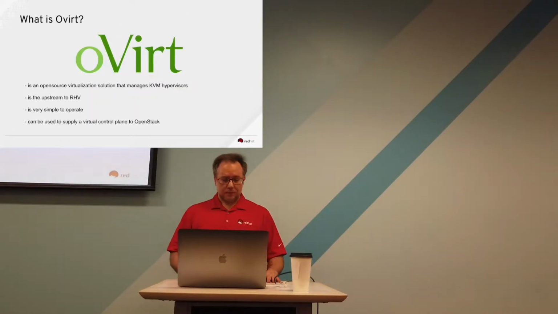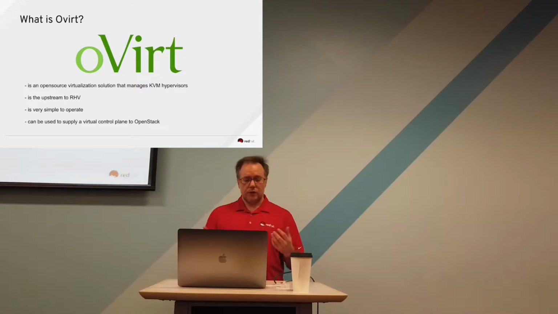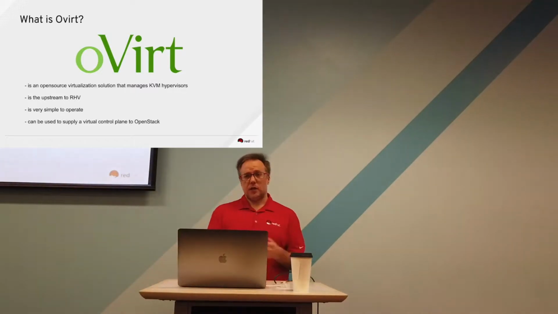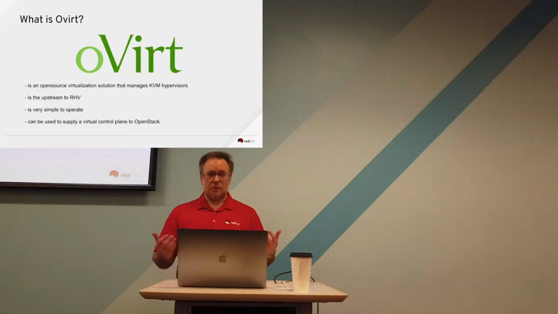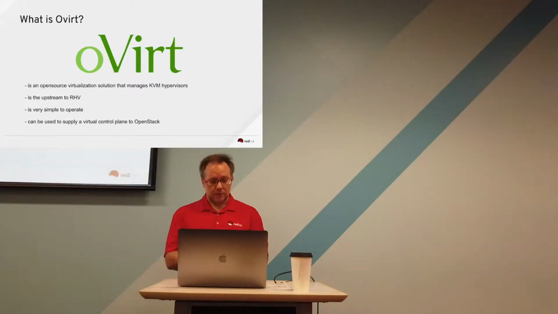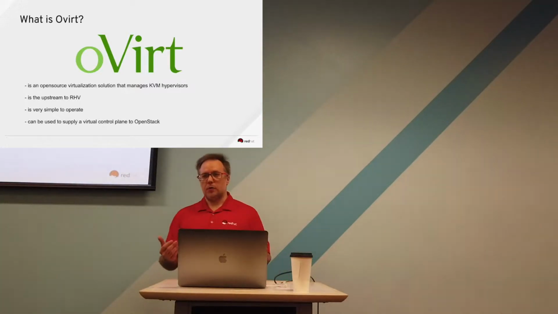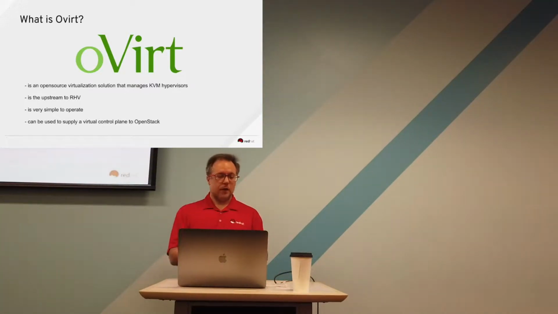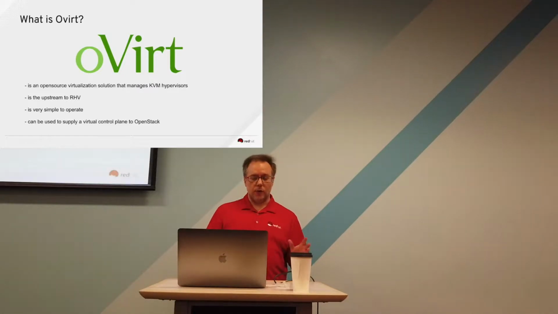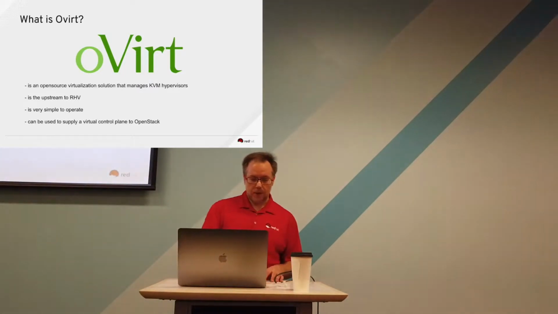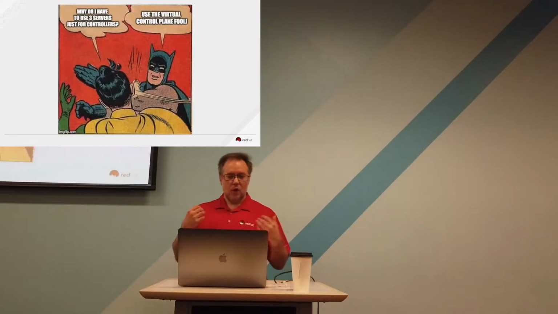So what is oVirt? oVirt's a virtualization solution. It manages KVM hypervisors. KVM is the same technology that is in the hypervisor in OpenStack, but this is just a different implementation of it. It's the upstream to Red Hat's product, which is called Red Hat Virtualization. It's very simple to operate. It's all GUI. And it can be used to supply a virtual control plane to OpenStack, which begs the question,